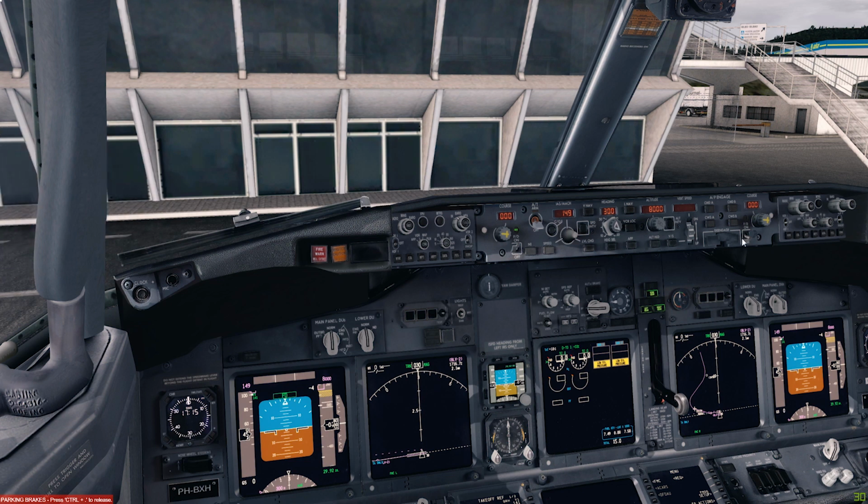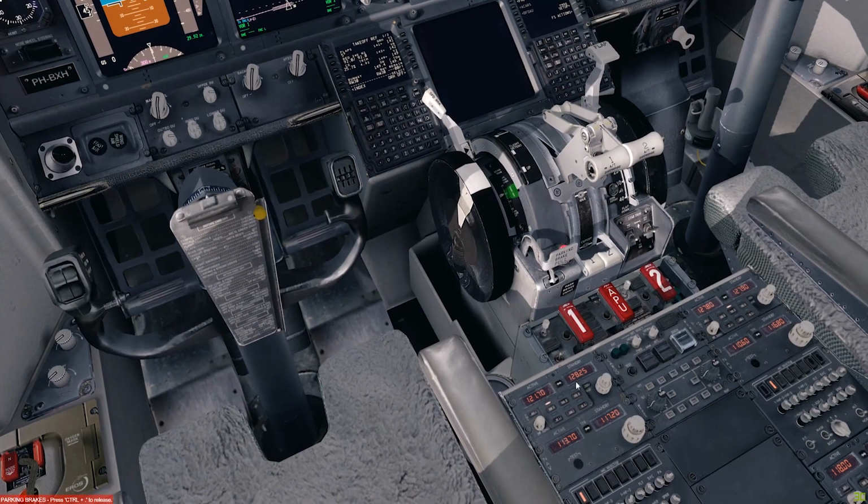So let's arm the flight directors and arm the auto throttle, VNAV, LNAV, and give me VORs. I'll have terrain on the other display, and we're gonna see what we have for our